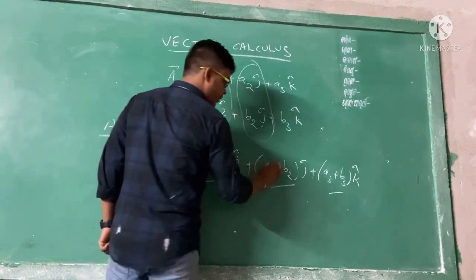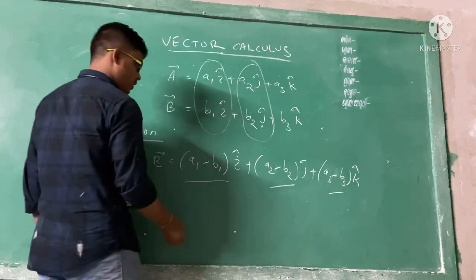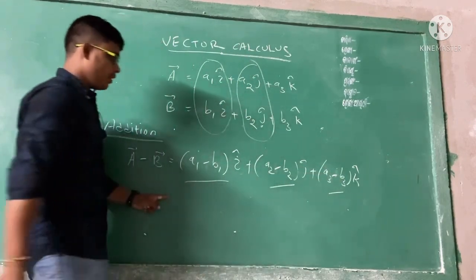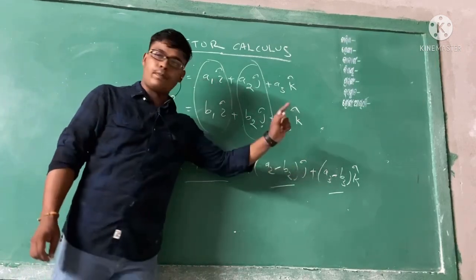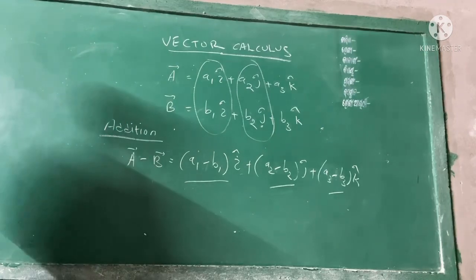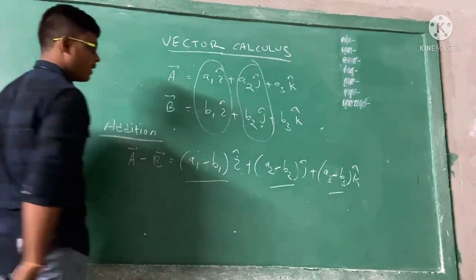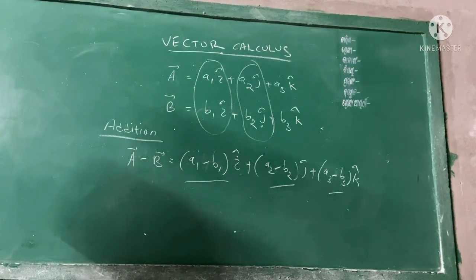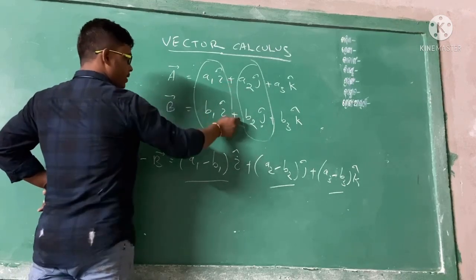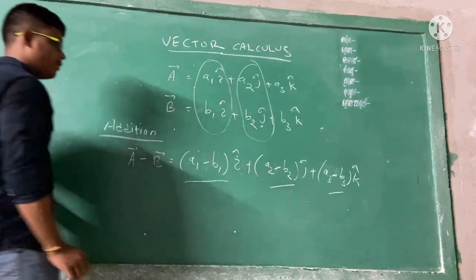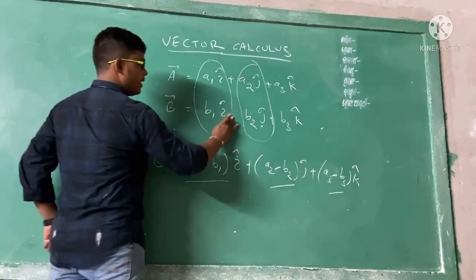So now subtract them. This is the subtraction actually, the heading has to be changed, that was addition, so that is subtraction, a minus b. Similarly, you just subtract: a1 minus b1 i cap plus a2 minus b2 j cap plus a3 minus b3 k cap, because this plus sign is due to the a vector. The i cap is not negative; its coefficients are negative, the b vector coefficients are negative.